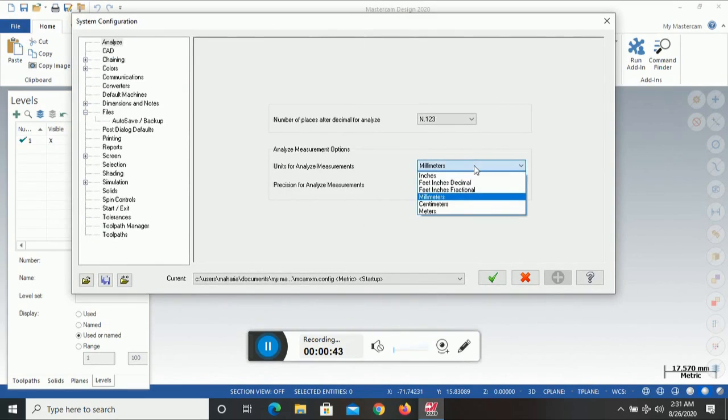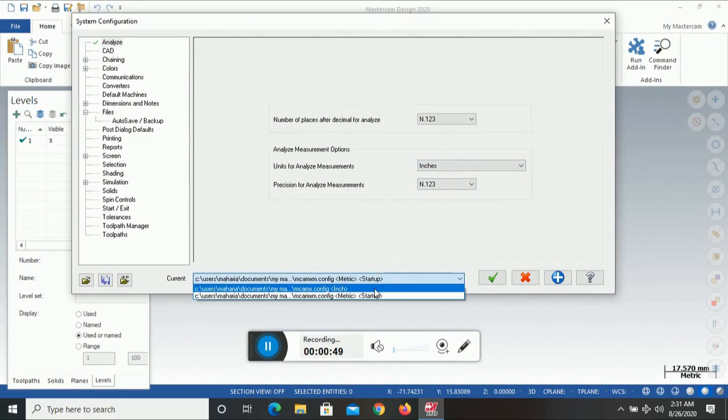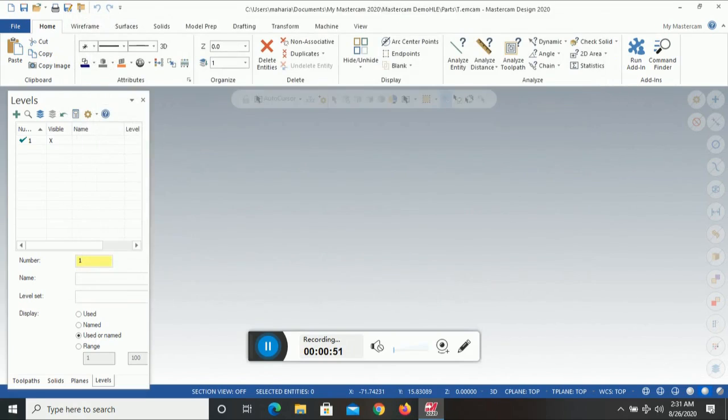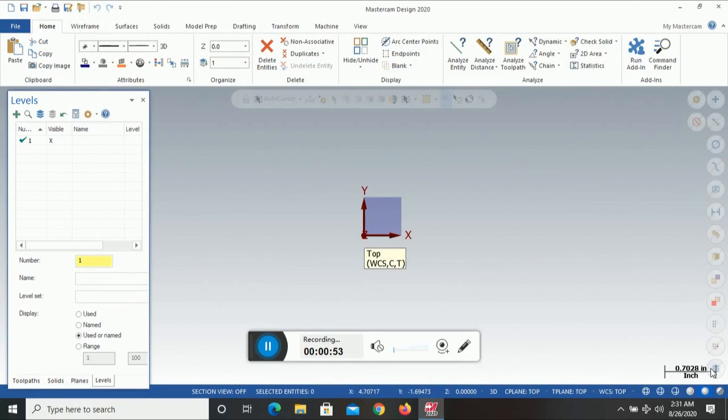I will change it to inches, and I will change this also into inches, and as I click it, you can see that it has been changed into inches. It is a very basic thing which you should know, because sometimes we import geometry which may be in inches or mm, so we should know these things.